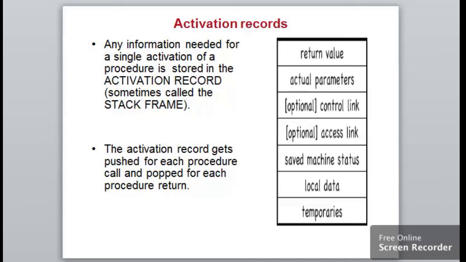Again, if I repeat, an activation record gets created once a procedure comes into execution.